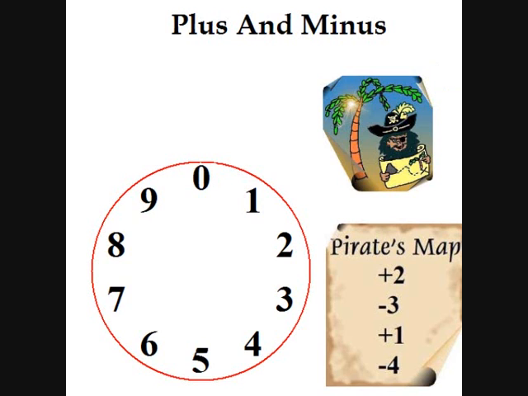A good way to teach plus and minus around a circle is to play Treasure Island. So here we have a pirate's map, starting always at 0, of course. The teacher or parent would read out these numbers, and the pupil would move the distances. So plus 2, 1, 2, minus 3, 1, 2, 3, plus 1, there it is, and minus 4, 1, 2,